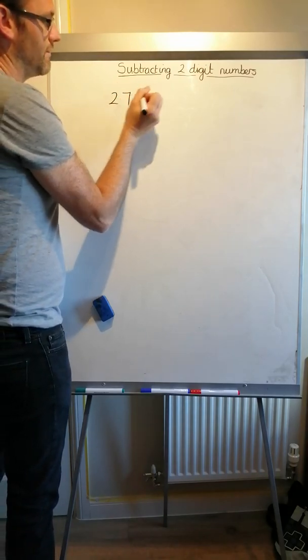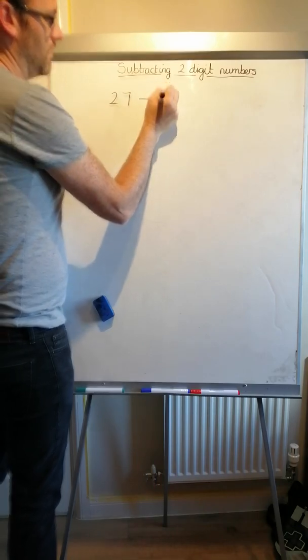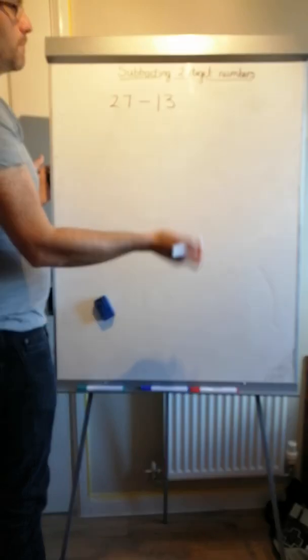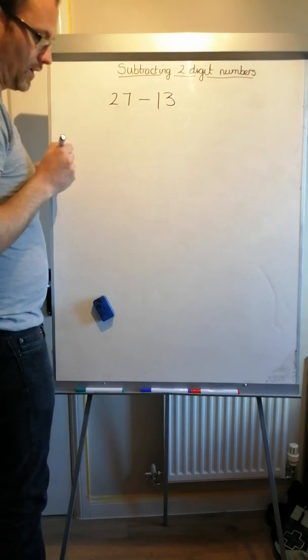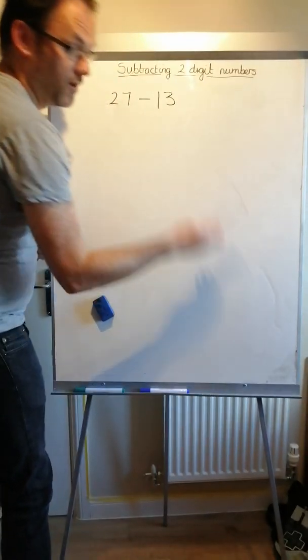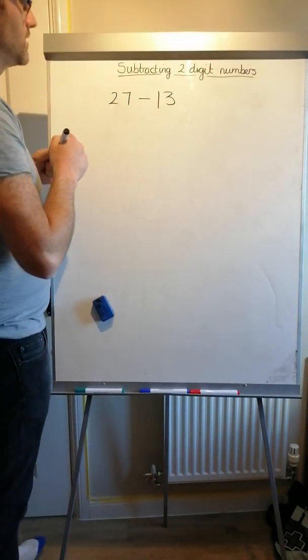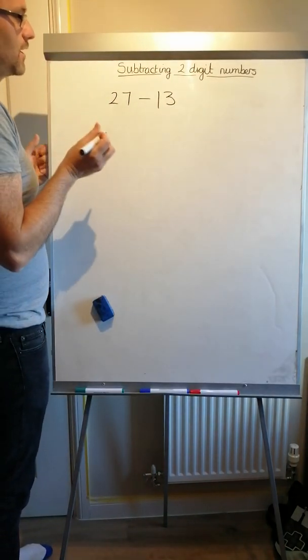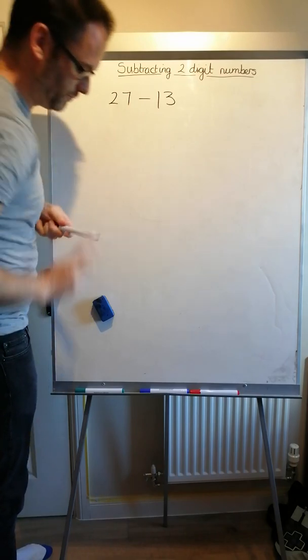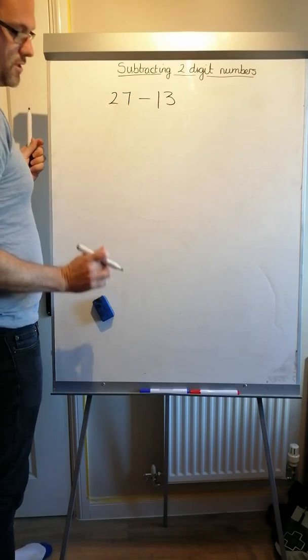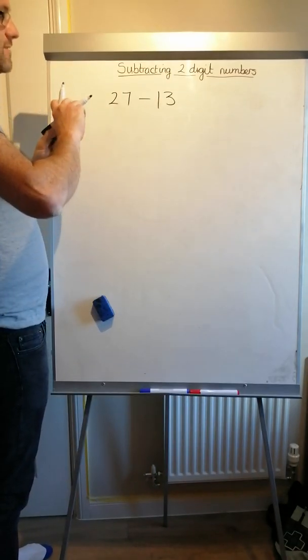We're going to do 27 take away 13. Some of you might even be able to do this in your head, but still, right. We're going up in the world. I now have coloured whiteboard pens as well, but I'm not going to use those just yet. Okay, so what we're going to do, in fact I am, is we are going to do our tens with